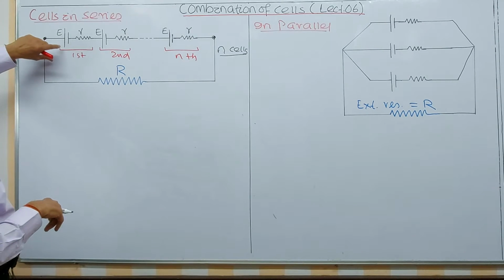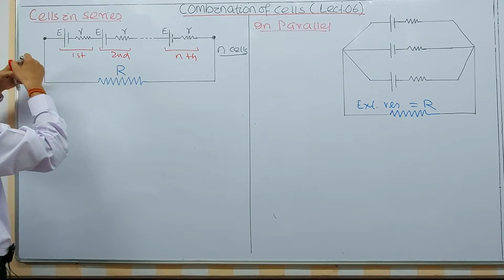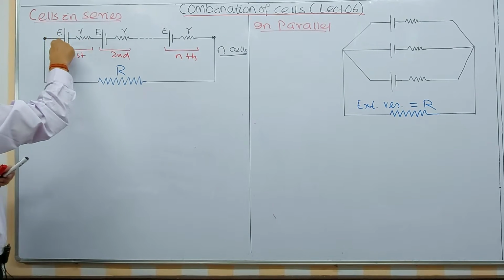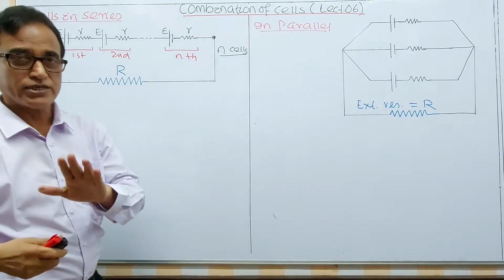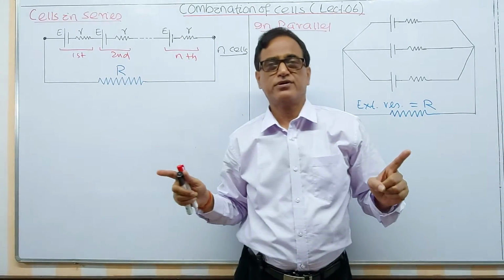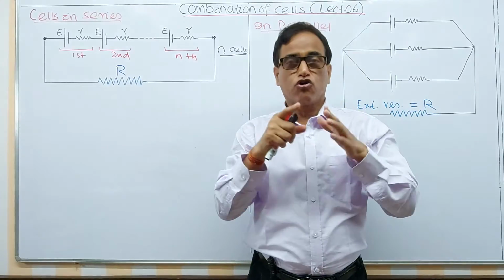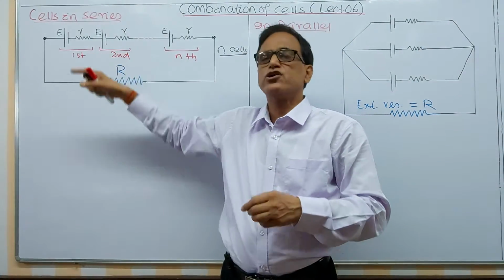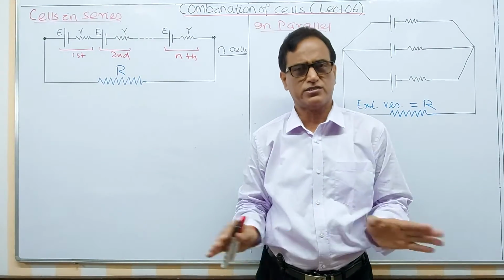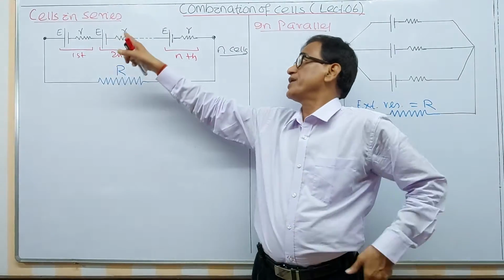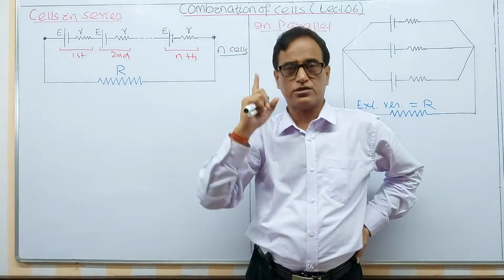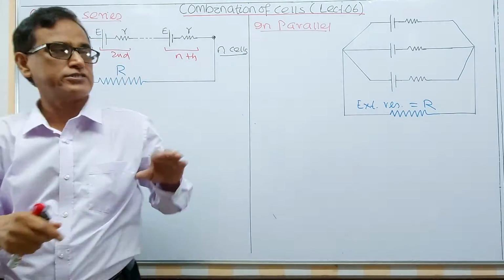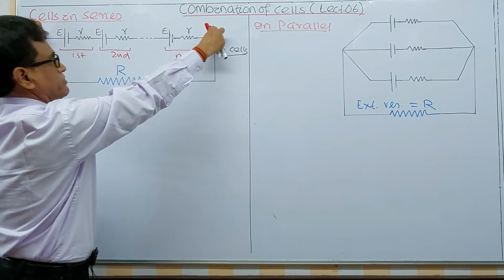Now here is EMF. This is one cell, and this is the internal resistance of this cell. Now let us consider n number of cells connected in series. Each of EMF I have taken as E. You can take E1 plus E2 plus E3, but it is not necessary at all. Each cell of EMF E having internal resistance r is connected in series. Now this is the series connection, connected across this terminal in series.